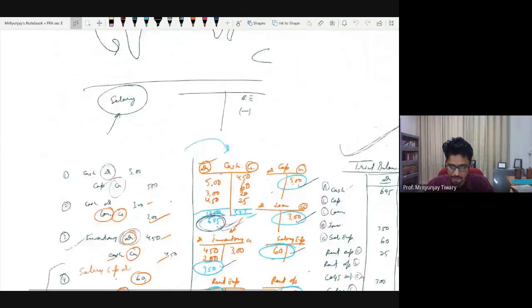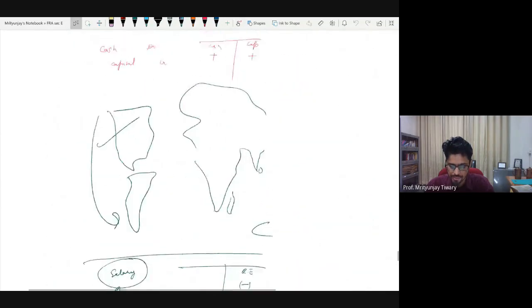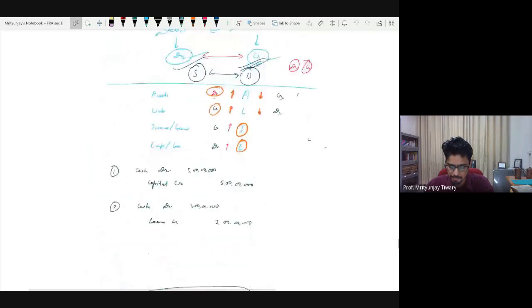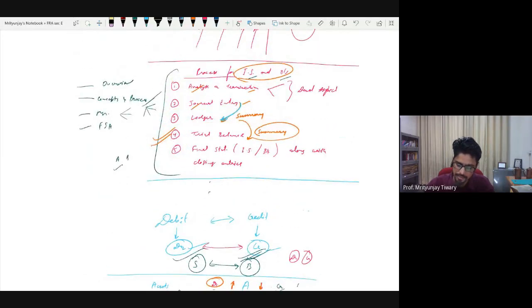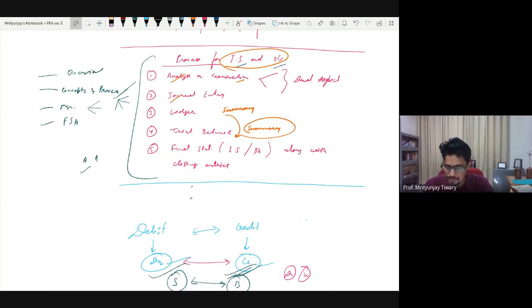So in the last class, we looked at the process using which the financial statements are prepared, the formal process. The formal process consists primarily of these 5 stages or steps, whatever you want to call them. In different books, the exact terminologies or bifurcations may be different, but the overall theme remains the same. First of all, whenever a transaction happens, we will analyze it and we will pass its journal entry. So the first two steps take place every time a transaction happens.